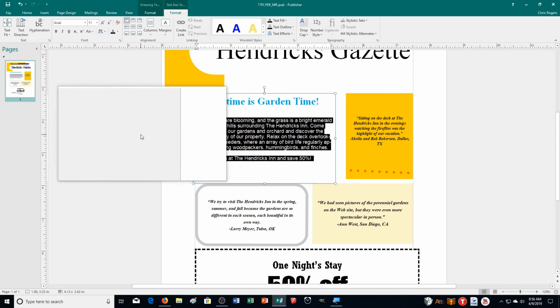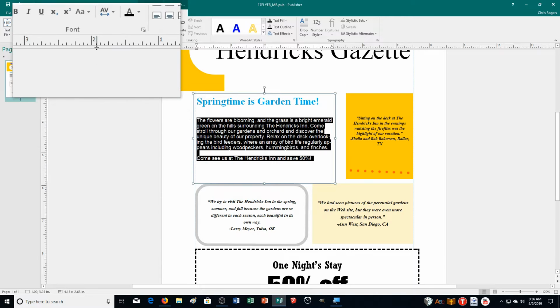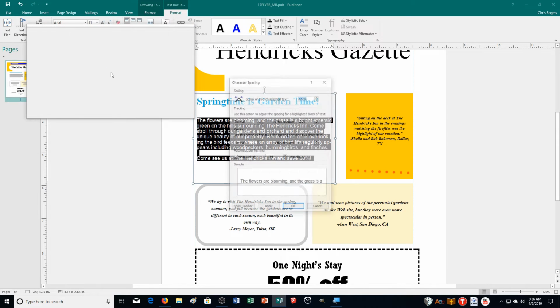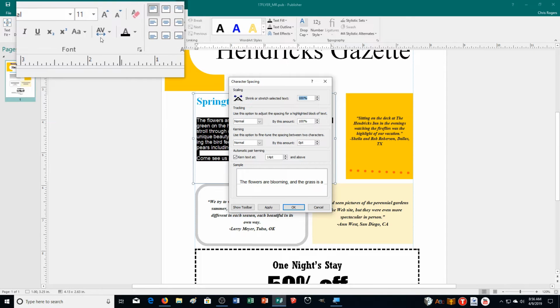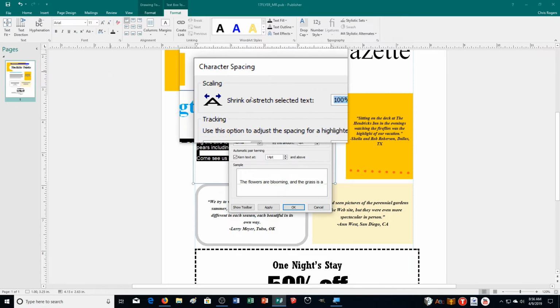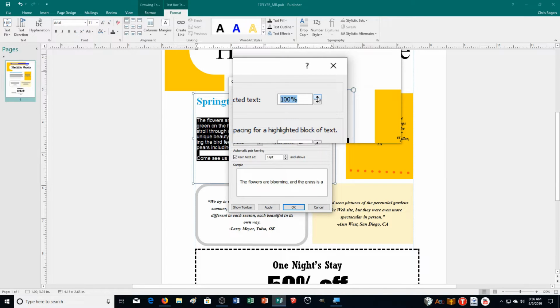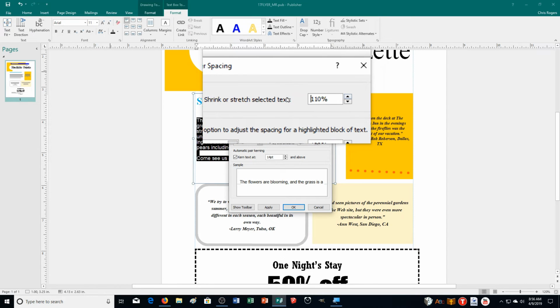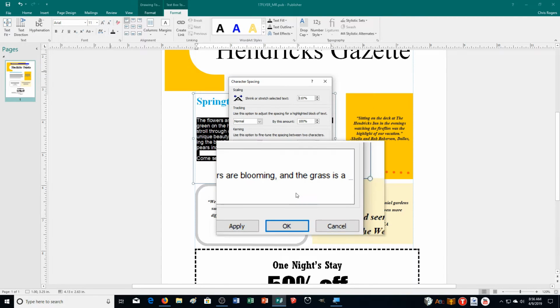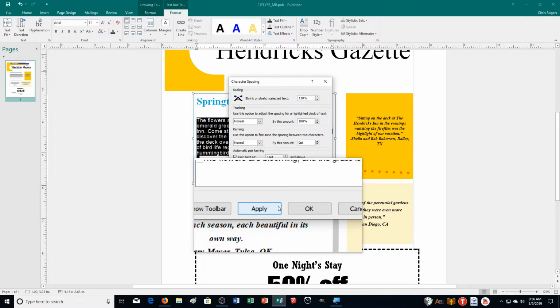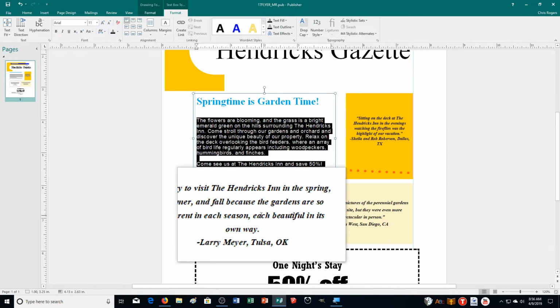110%. So if I go to my text box tools right over here, it gives me a few more options. In dealing with font, I can click on more spacing, the AV button, font, more spacing, and then here's my scaling right up here. So shrink or stretch, select the text, and they want it 110%. So I just click the up arrow once, and then we're going to click apply, and then it says create